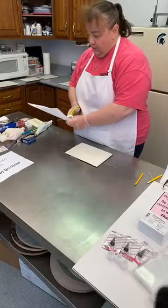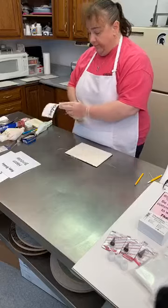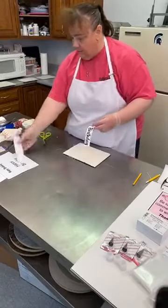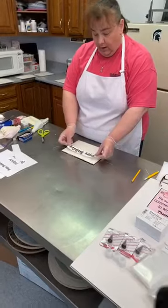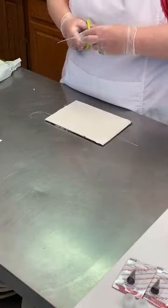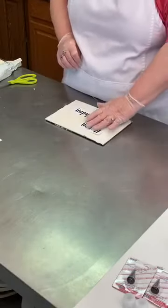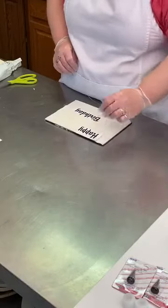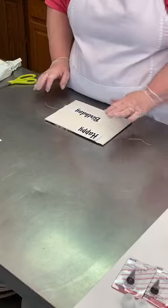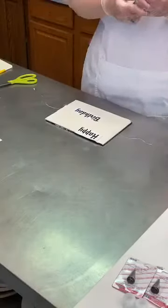So, if you have a printout of what you want to write, and you want that all on one line, you can leave it as so and just set it up above. If you want to do two different lines, so if I want to do happy birthday, like that, I know this sounds absolutely bizarre, and you're probably sitting there thinking, she has bumped her head, there's no way that's going to help anything. I promise, if you just take what you want to write and have it above or below,